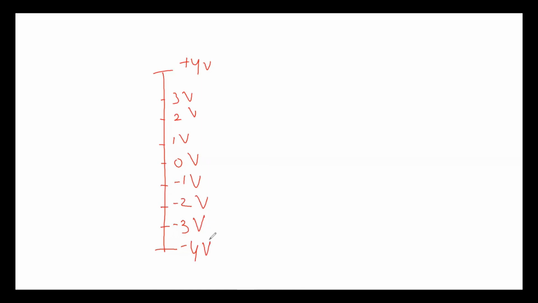Now we have to define the quantization voltage, and we know that quantization voltage is the middle voltage of each step size. So what is the middle voltage? It is minus 3.5 volt. This will be minus 2.5 volt. This will be minus 1.5 volt. This will be minus 0.5 volt. This will be plus 0.5 volt. This will be 1.5. This will be 2.5. This will be 3.5. So these are the quantization voltages.